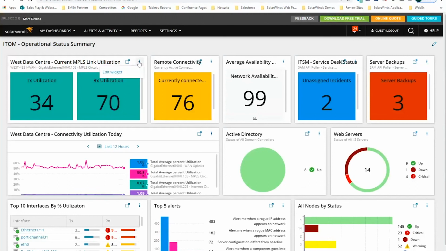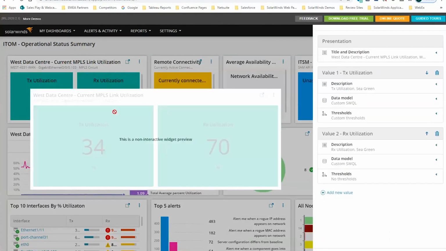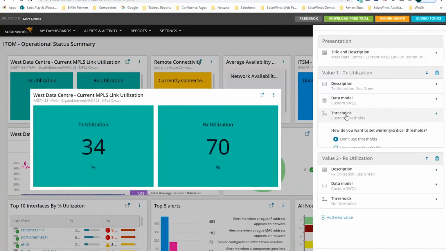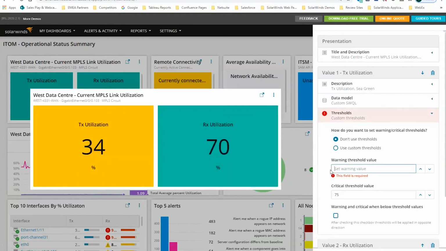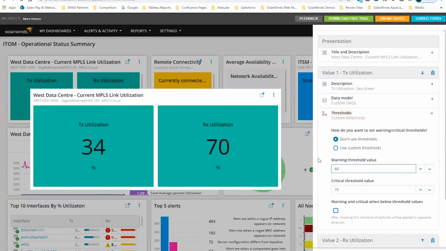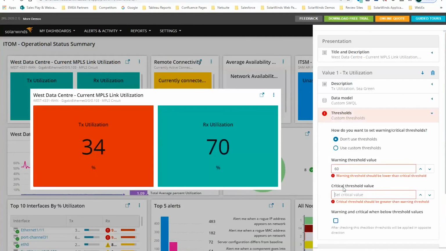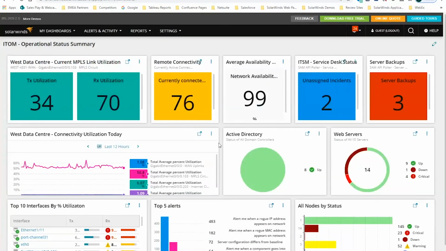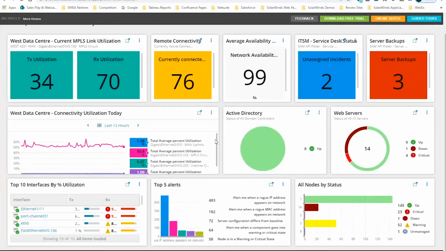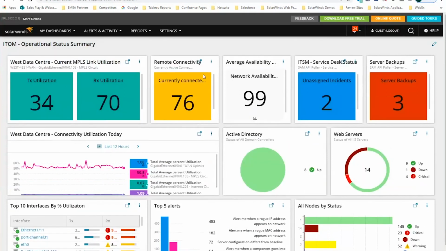These are editable, so you can go in and edit the widget very easily. You can change your thresholds as required. So if I make this whatever it is, 25, for example, you'll see those numbers changing automatically. Now 25 is probably a bit low for warning. So if I change the 75 down to 65 or whatever, you'll see these changing into other critical colors and all that kind of stuff as well. So I'll put it back to where it was so I don't destroy the place. So that's the new level of high impact dashboards that we want to provide into NOC environments as well.